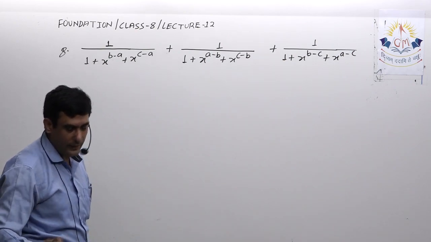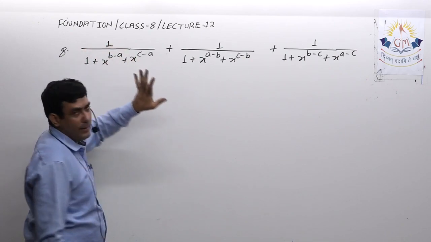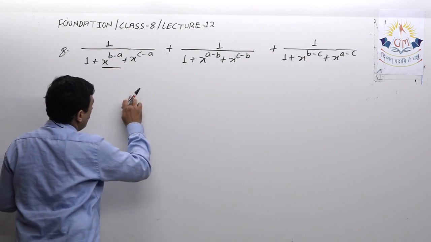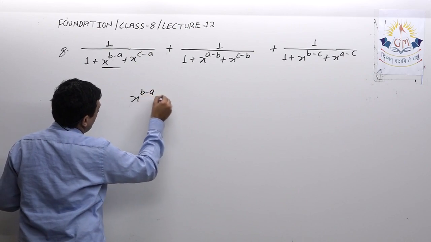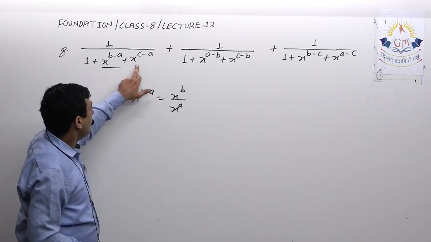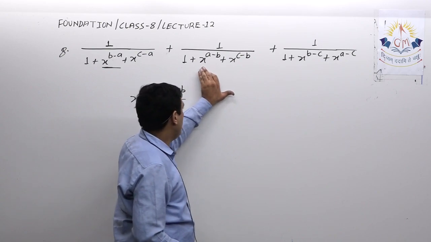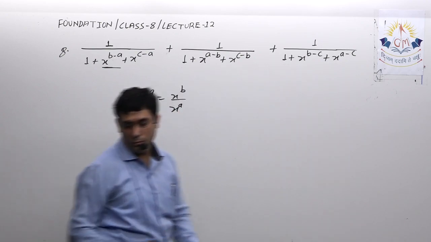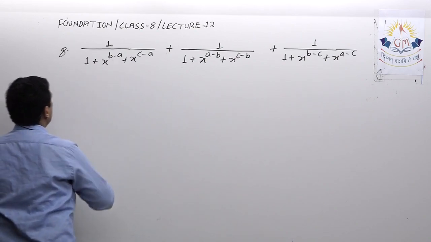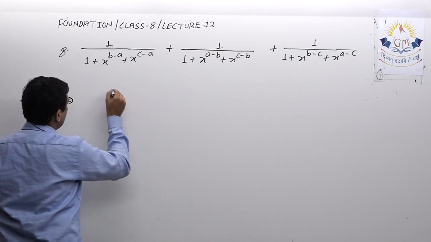Okay, you have to simplify this. Now here directly it is not possible to apply any law, but at this step I can apply. See, this is x raised to b minus a, so that can be written as x raised to b upon x raised to a. Similarly, this can be written as x raised to c upon x raised to a, and x raised to a upon x raised to b, and so on. So the very first thing that I will do is apply these laws over here. So very first step,